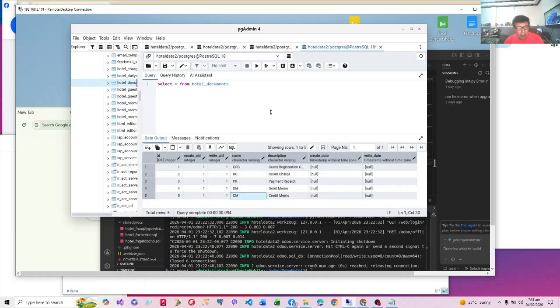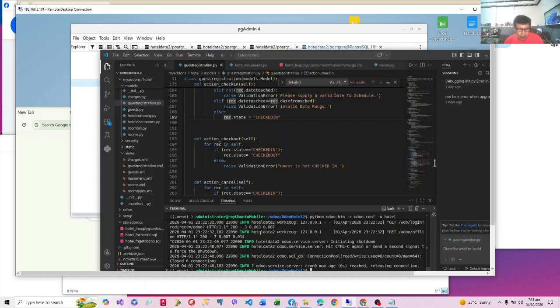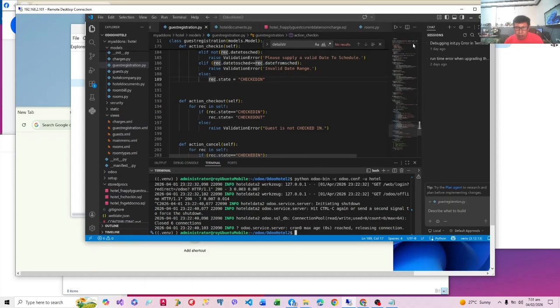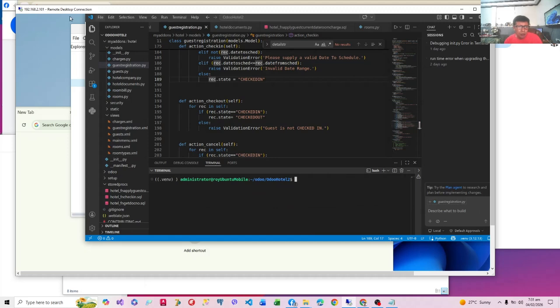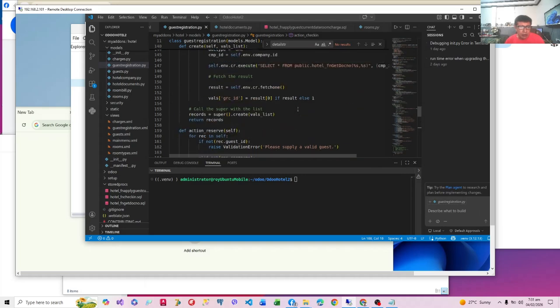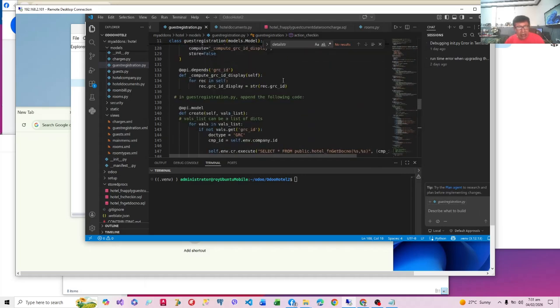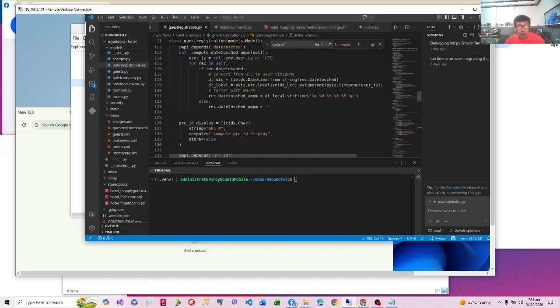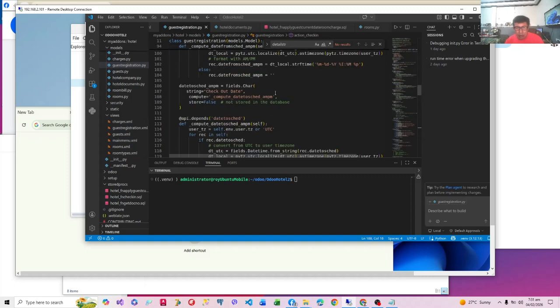Now, let me proceed to my Visual Studio Code because I have saved here two PostgreSQL functions which we are going to use in check-in. First, upon check-in, the guest should be charged 1 day for occupancy, the day of check-in.